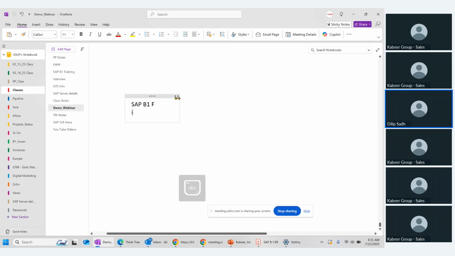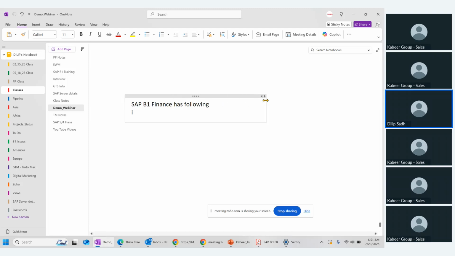SAP B1 Finance has the following functions, because obviously finance is one of the important aspects. So SAP B1 Finance has financial accounting,